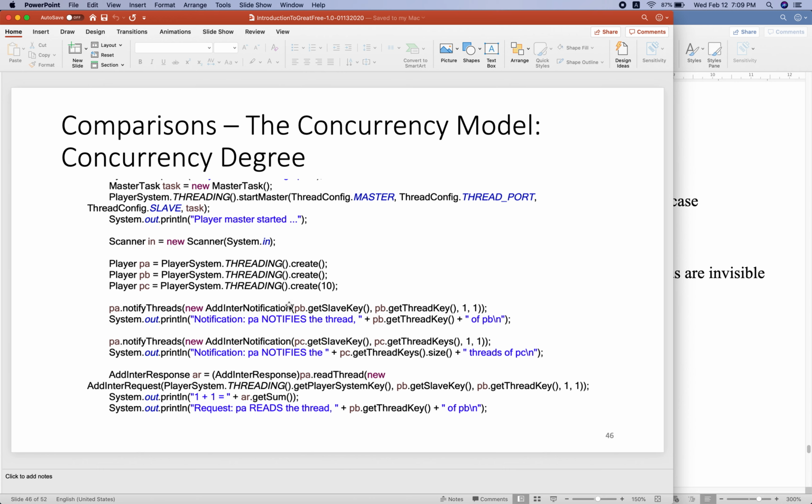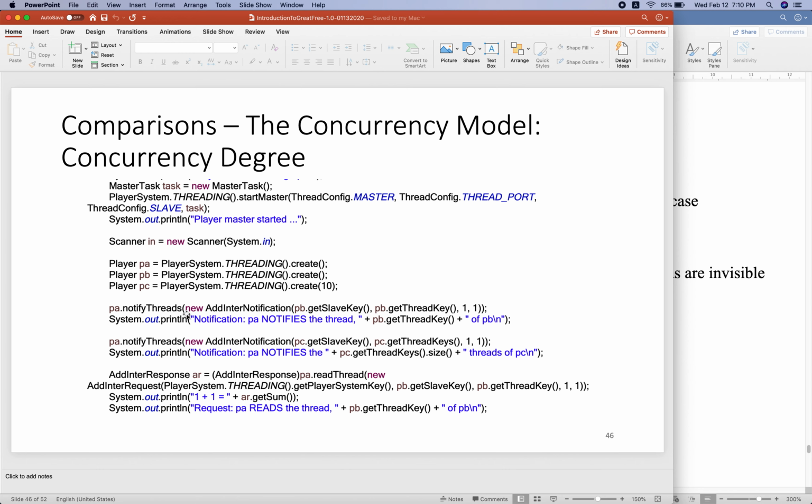So this notification is sent from this PA thread to another node. PA represents a remote thread. PB represents another remote thread.